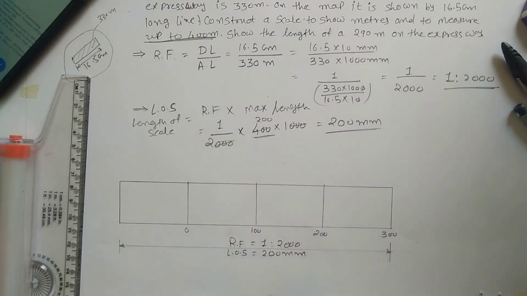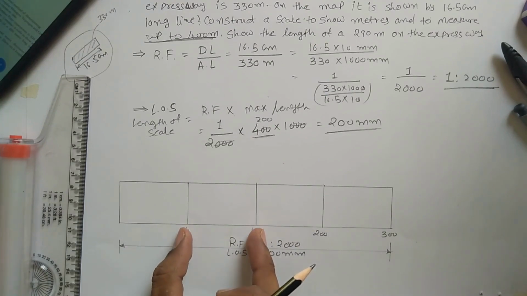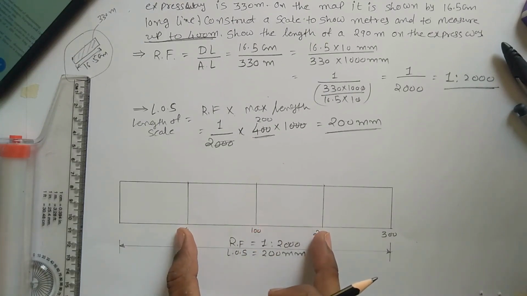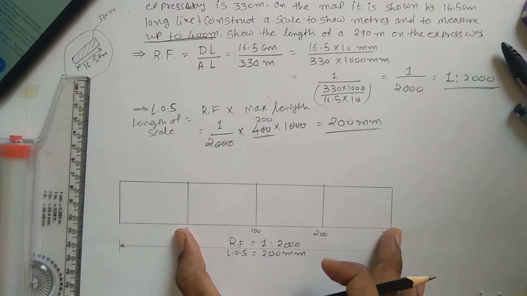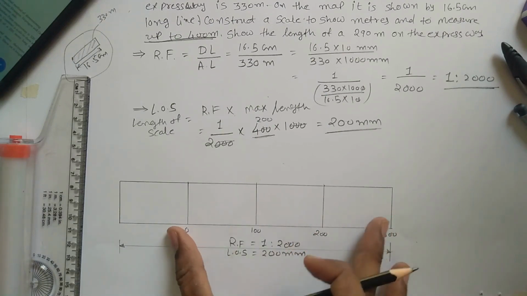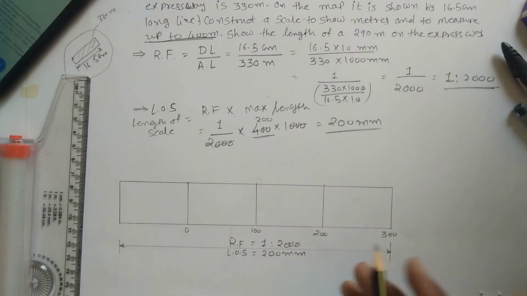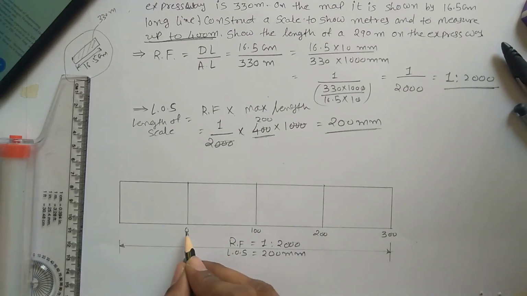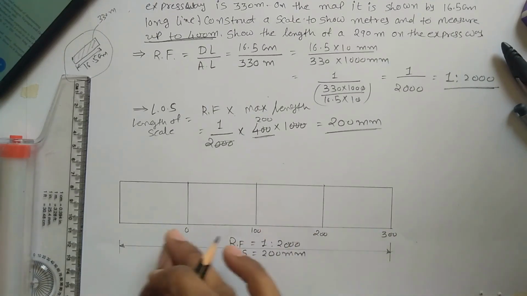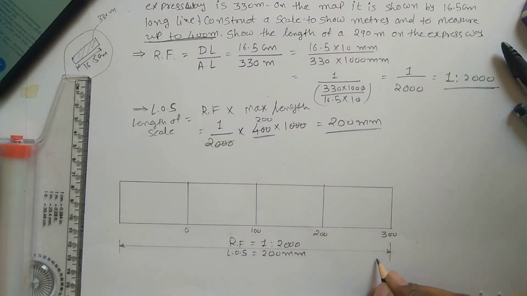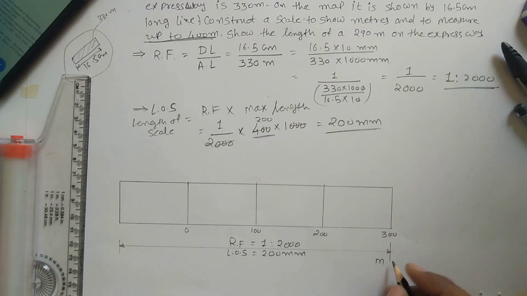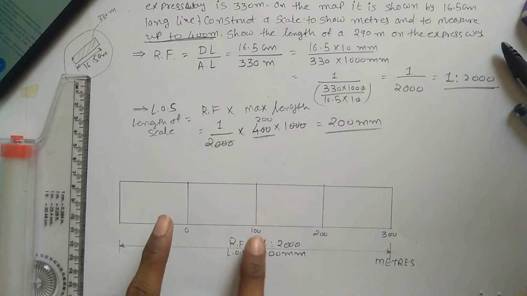What this means? This means this portion is 100 meter. Up to this it's 200 meter. Up to this it's 300 meter. So up to 300 meter you can measure. Now one more thing, whatever the dimension you are measuring, this number is indicating meter. So you have to write down METERS over here in capital letters. Now if I ask you to measure 100 meter, then it is easy to measure